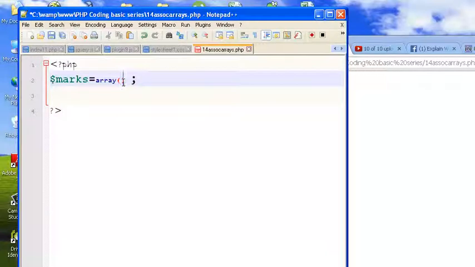Say there are four subjects, max. These are now the indexes. So the equals sign followed by the greater than sign, and then say this has a value of 30. Say physics.